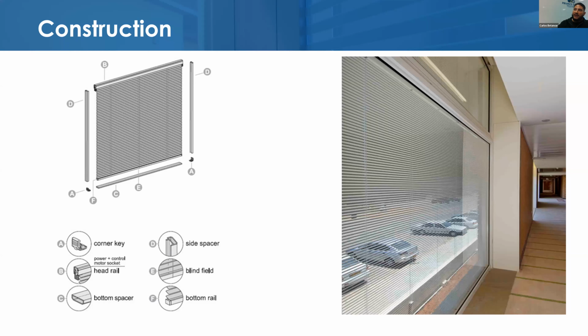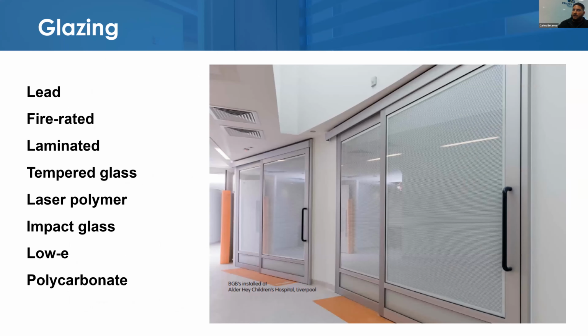For exterior applications like this image here, the thickness of glass can be increased, or you can have different glass types depending on what's required in that application. Also, a quality blind between glass product employs argon gas and desiccant in the gap to prevent fogging and bowing, and thus increases the durability of the product. A variety of glazing options are offered by quality manufacturers, allowing you to find the best option to suit